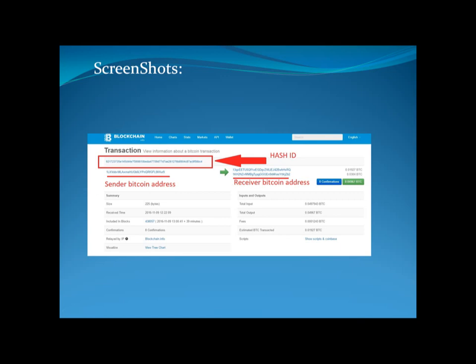All right. Hope I have made all the simple terms and concepts of blockchain clear. I hope I have answered all the questions. I hope I have tried to explain the main point of hash ID, where we can find it out, how we can select, what are the precautions we need to make sure while selecting the hash ID.